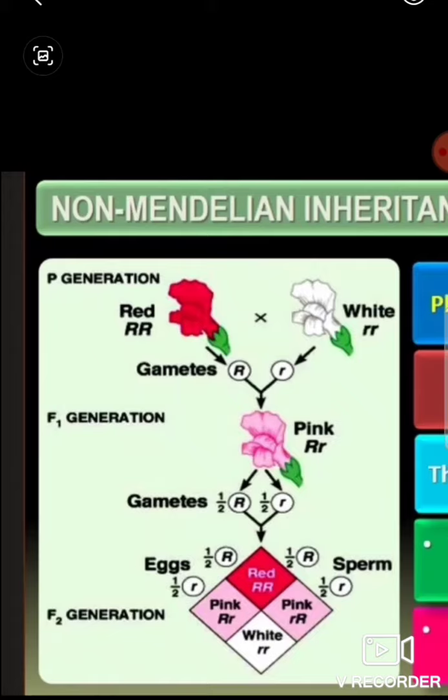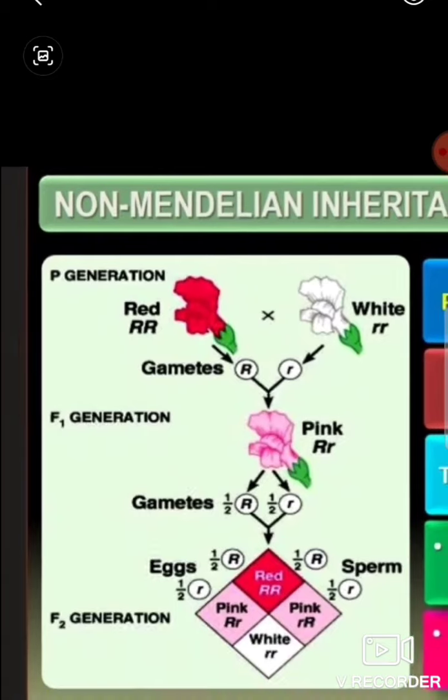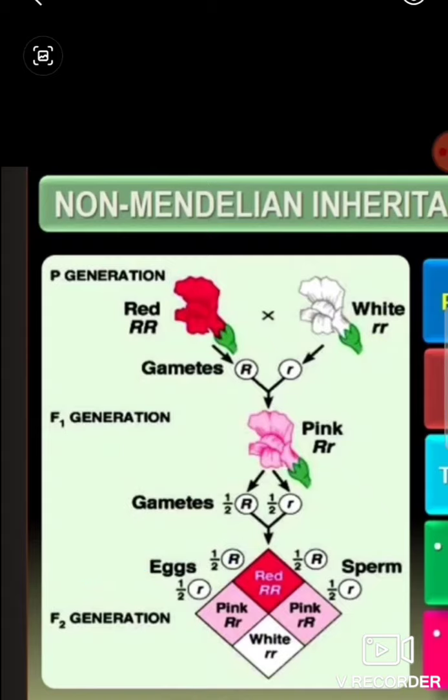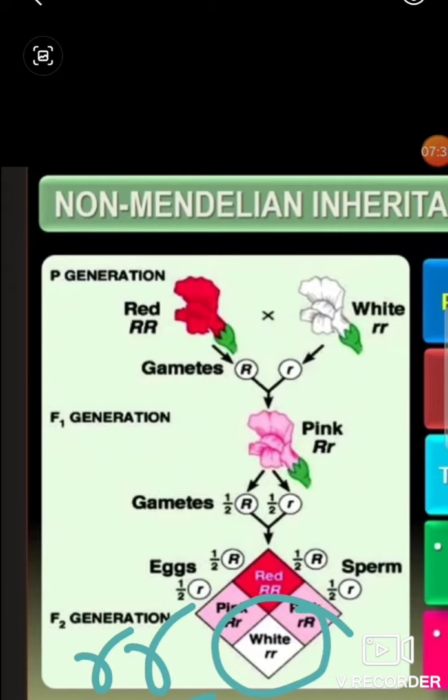Okay, so red is not completely dominant over white. So this we call incomplete dominance. Okay, so you can see here only when it is capital R and capital R, both the alleles are capital R, then only it is showing red color. So in the heterozygous condition, only it is showing incomplete dominance and it is expressing pink color. So obviously the recessive allele is expressed only in the homozygous condition, so white.